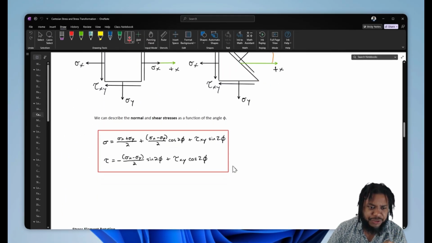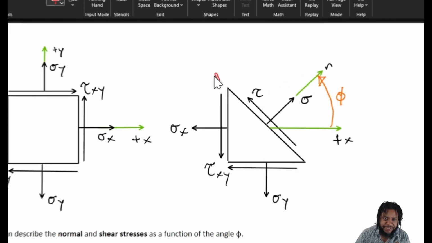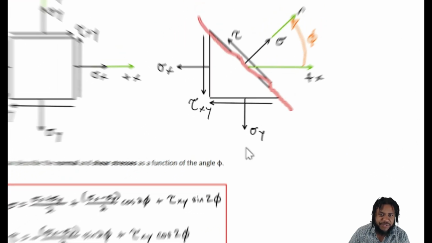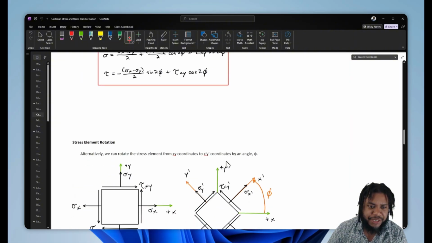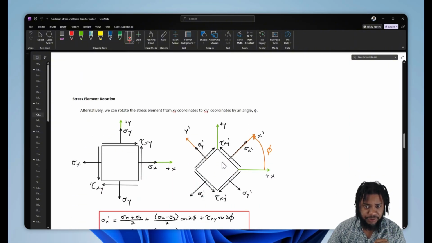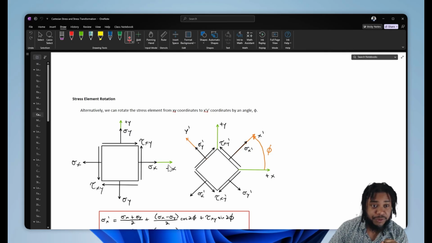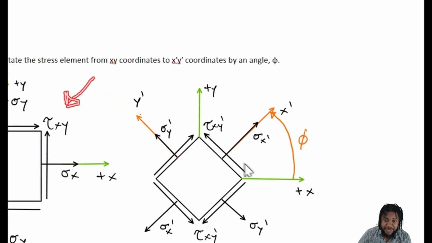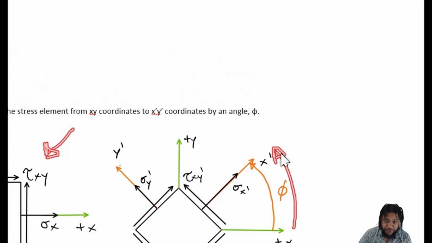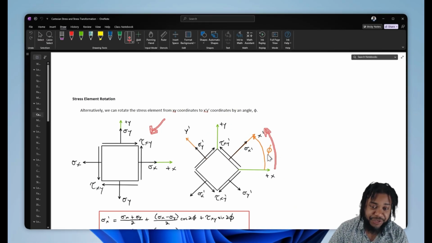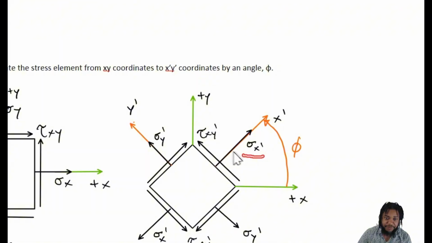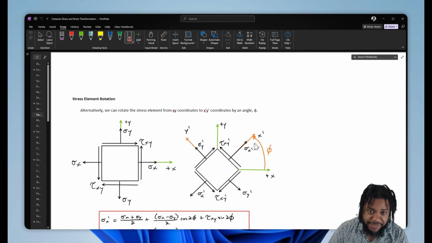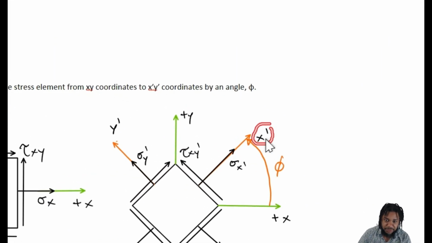Now let's consider, instead of sectioning the geometry, what if we took our stress element and rotated it so we could find stress in a new coordinate system? So alternatively, let's rotate the whole element by an angle phi, and let's find the state of stress in this rotated, primed coordinate system, in the x prime and